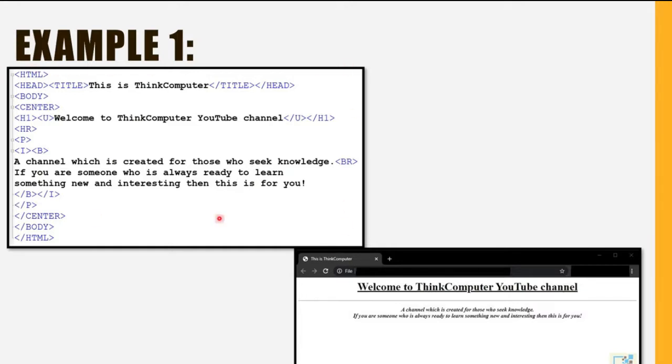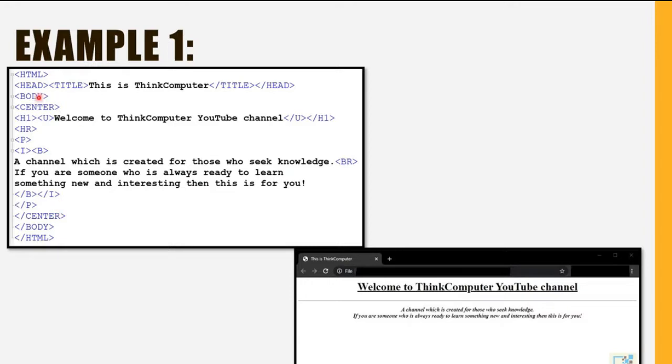I am using Notepad++. After typing the HTML program, you need to save the file with any name, but remember to give the extension .html or .htm. Suppose your file name is mypage, so you have to write mypage.html or you have to write mypage.htm. Then you double click on that file to run that program. It will automatically open in the web browser.